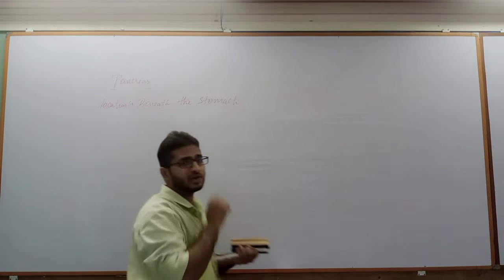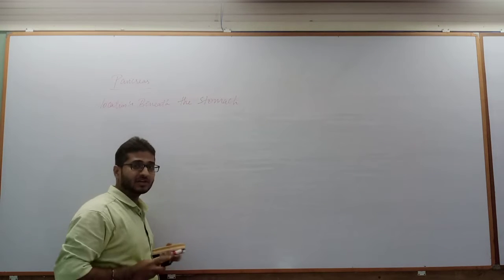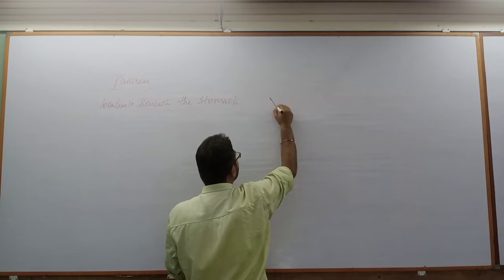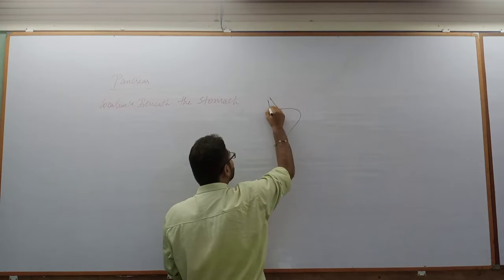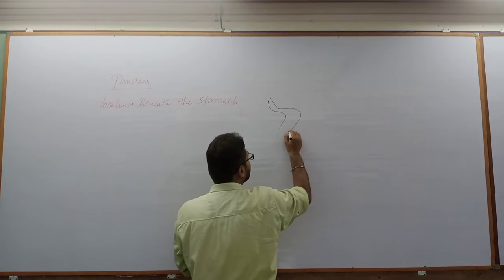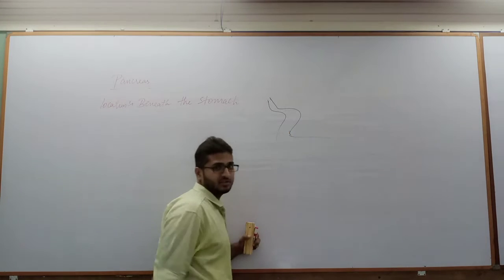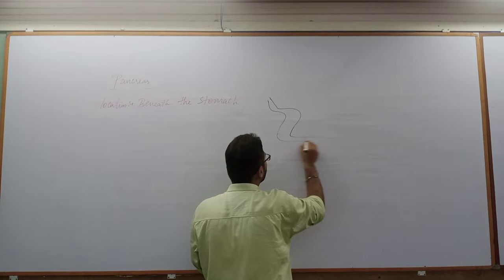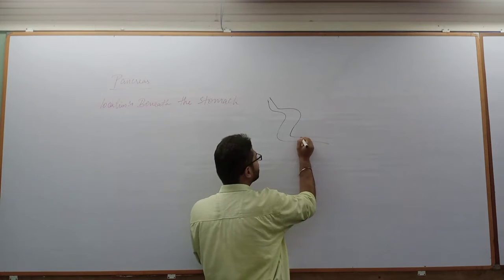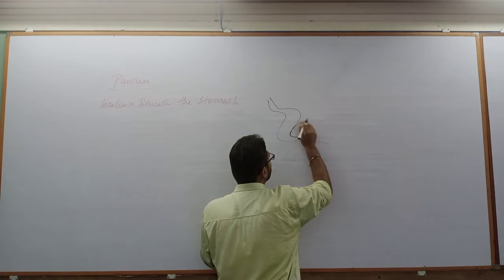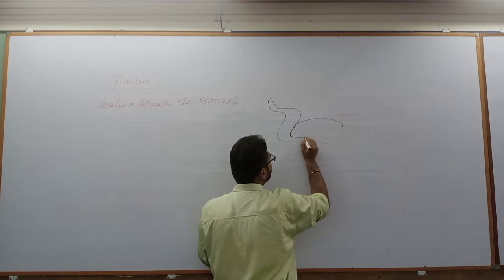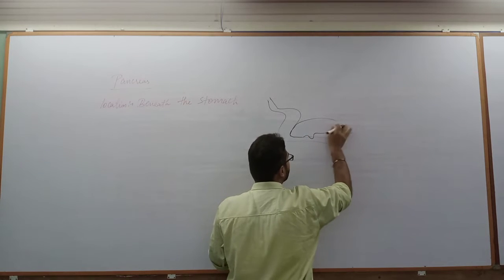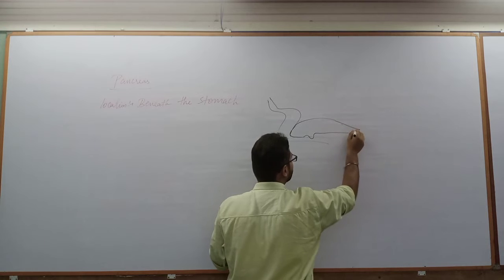So if we have to locate or draw it diagrammatically, say for example, if this is the esophageal part and this is the stomach region, then the tube which passes from the stomach is what we call the duodenum, part of the small intestine, which is a C-shaped tube, and within this depression, within this cavity, the pancreas is located. So this is the region of the pancreas.